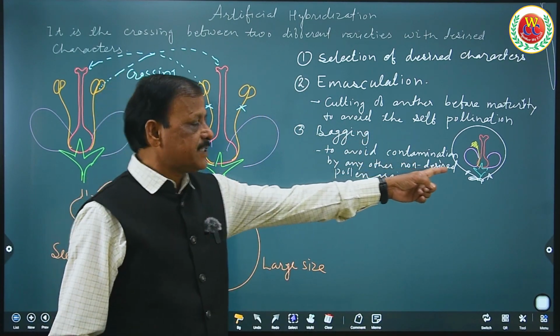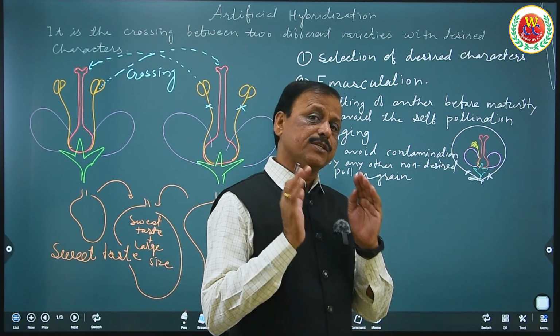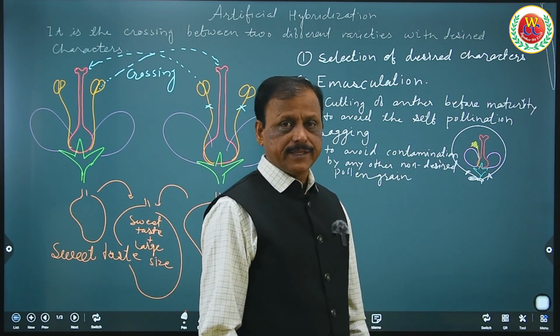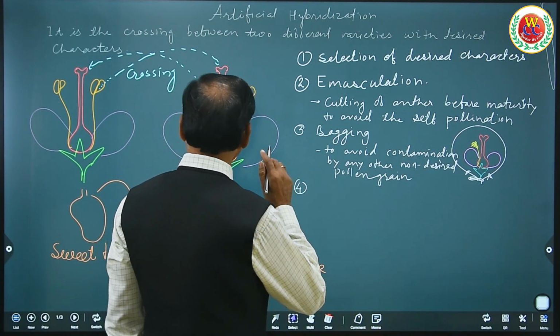I hope you got it. What is that bagging? Now, when that flower gets matured, the stigma becomes receptive, then this bagging is to be removed and dusting of pollen grain from